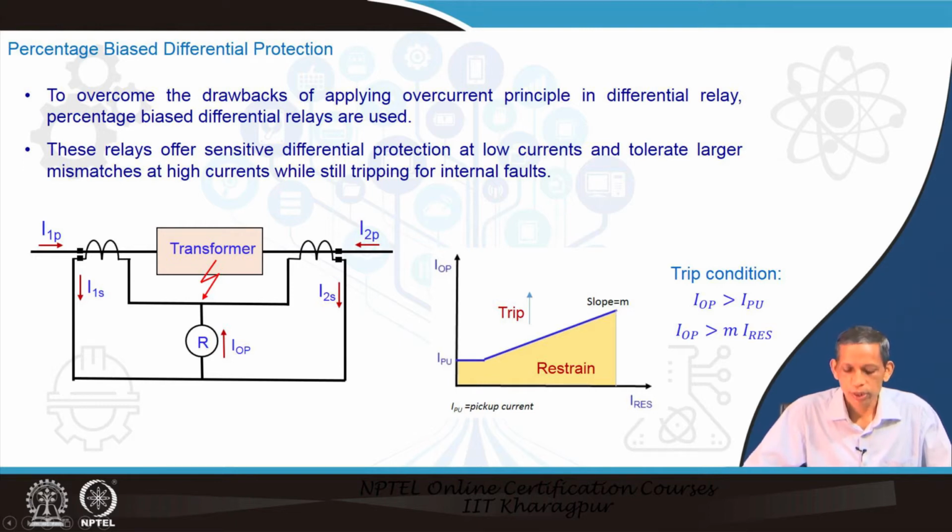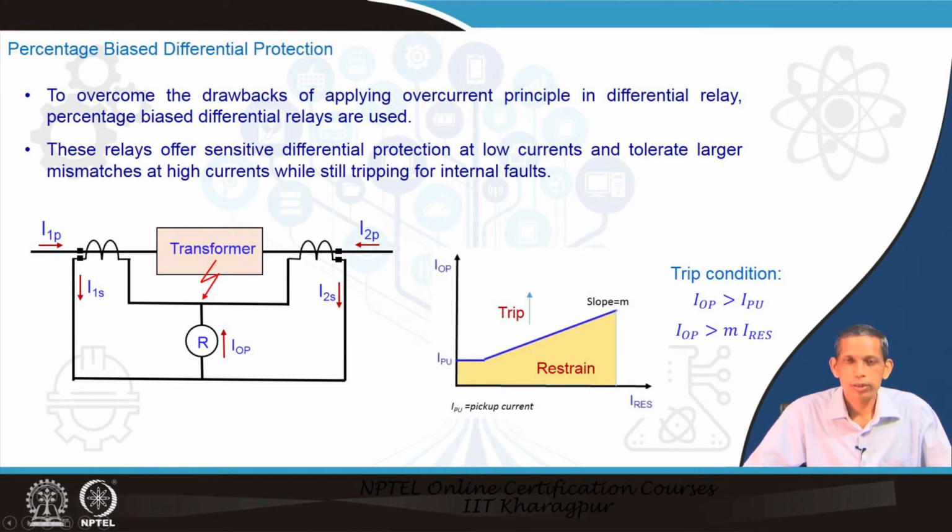and thereby the relay can perform better. So, what we have shown here is a slope, and this slope maintains that approach. What is that restraint current, and how much the corresponding slope should be taken care of, and all these things, the rest of the details we will have in the next subsequent slides.